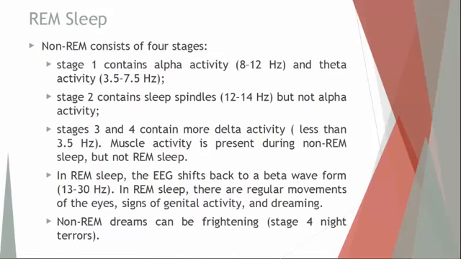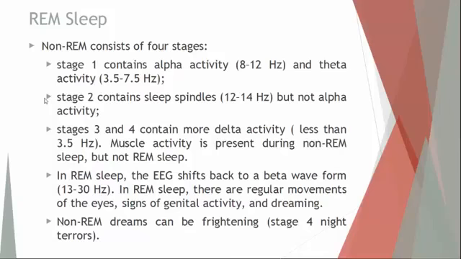And the values that you see listed here at each of these points indicate brain activity. Brain activity is monitored by a machine called an EEG, electroencephalogram. For stage 1, you will have alpha activity between 8 to 12 hertz, and then some theta activity. These are different types of brain waves. And stage 1 is as you're starting to wind down before you get to a normal sleep that you consider to be sleeping.